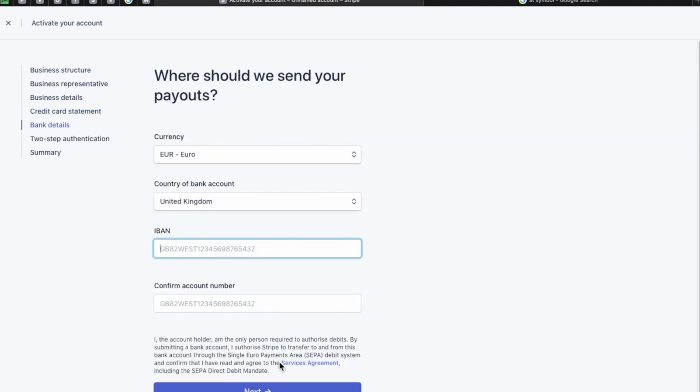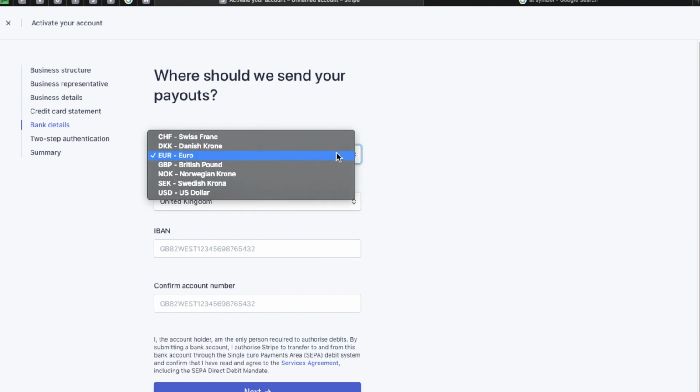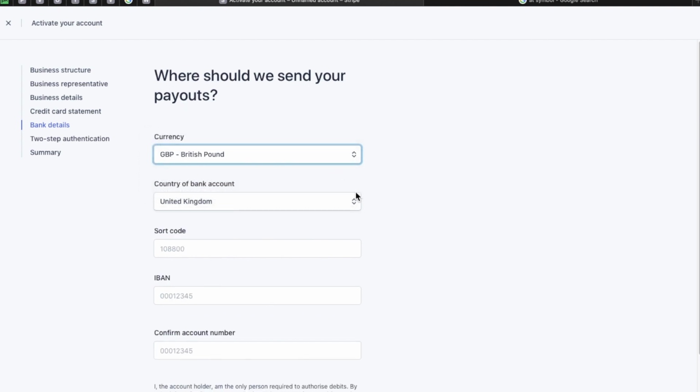The next step is where you would like and how you would like to receive your payments from Stripe. We're going to select our native currency. At the moment it's set to Euro. We're going to set this to British Pound because I'm in England. You can see that this has now changed the information we have to enter applicable to the currency that I